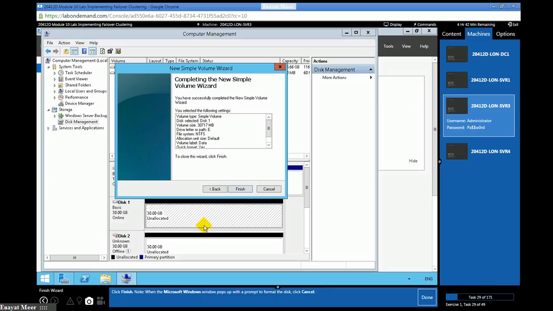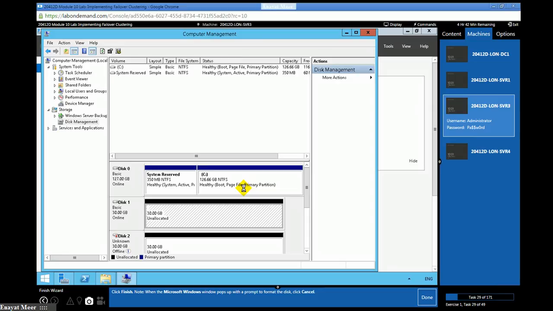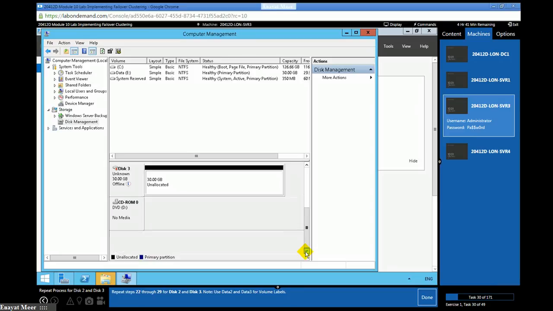So that is how I'm going to initialize my second drive. Disk one is now available to use. I'm going to repeat the same thing with disk 2, and with disk 3.